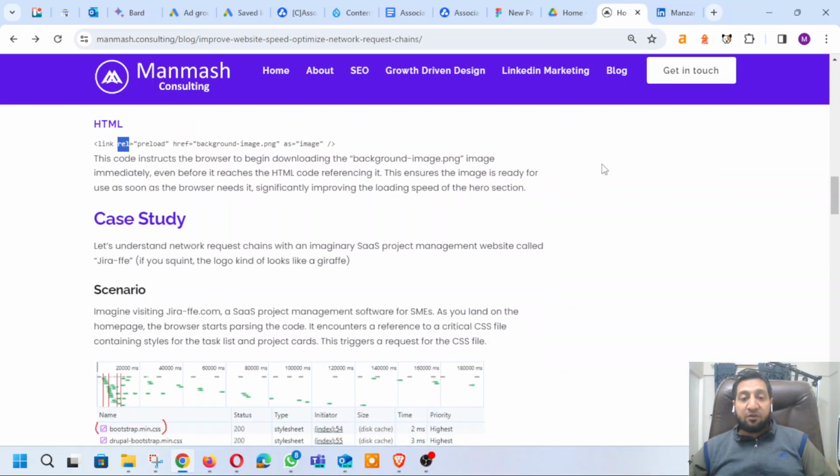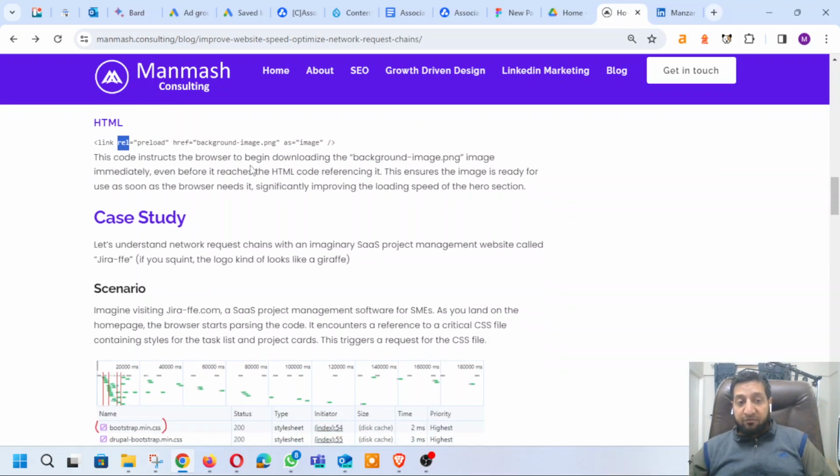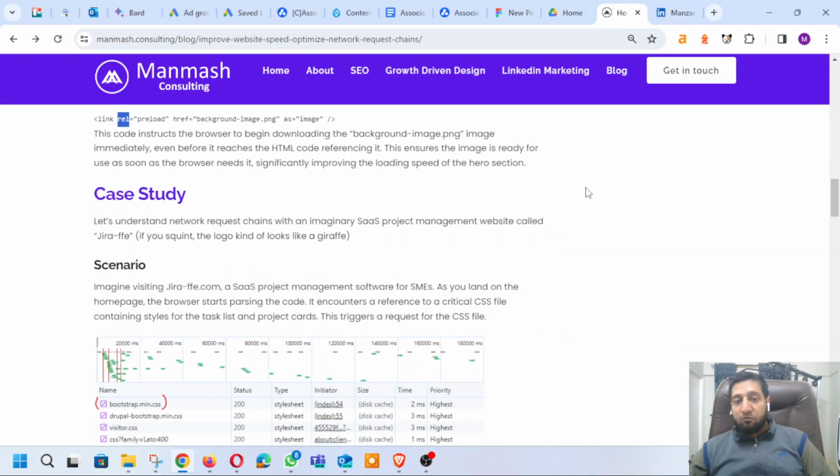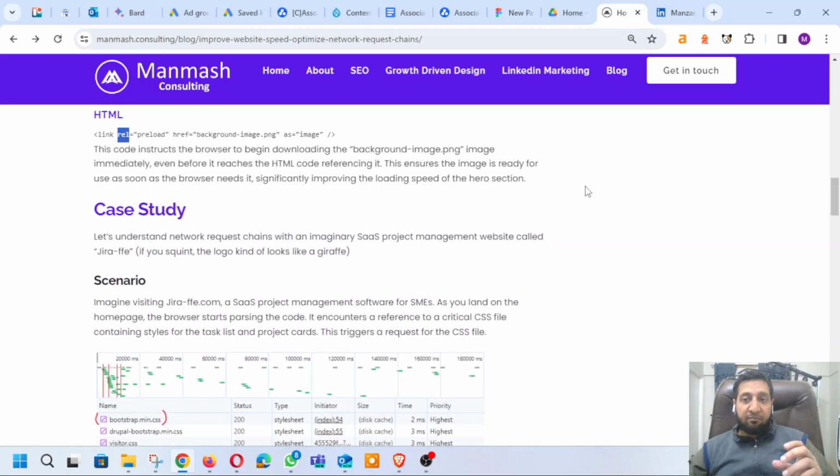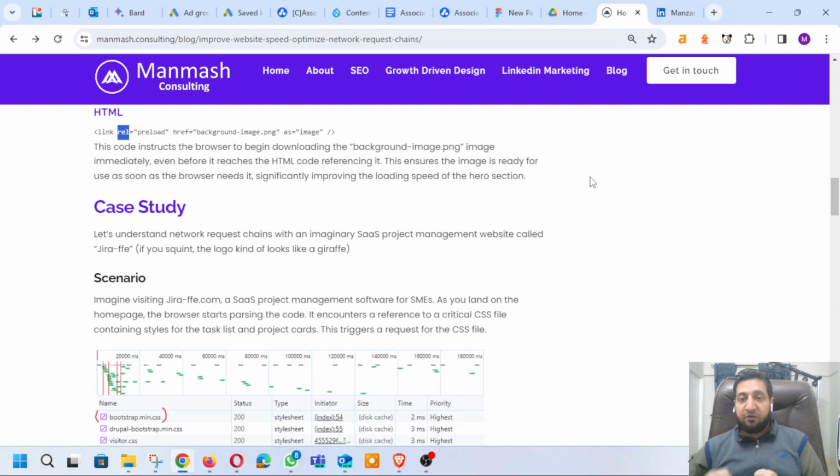That code instructs the browser to begin downloading the background image immediately, even before it reaches the HTML code referencing it. This ensures the image is ready for use as soon as the browser needs it, significantly improving the loading speed of the hero section. We are telling the browser to load this resource first at any cost, and when the browser needs it to render the page,